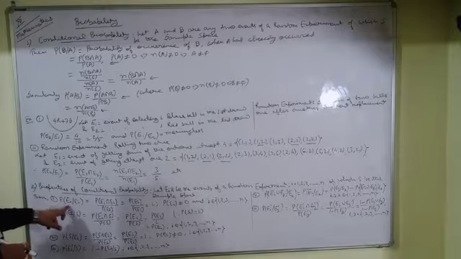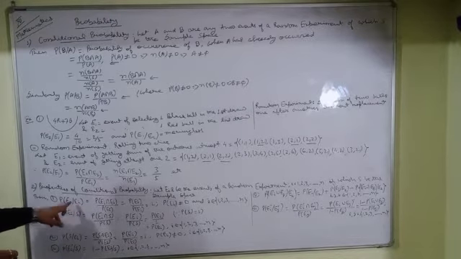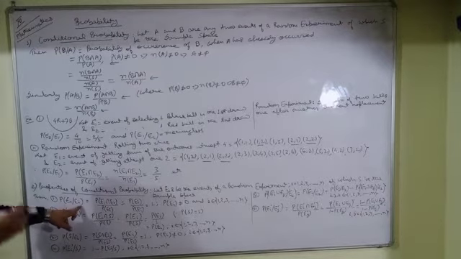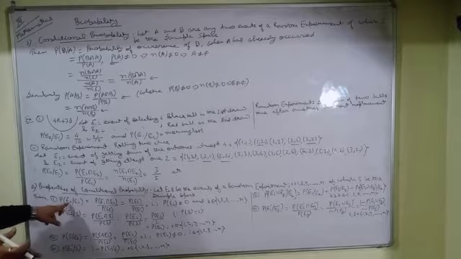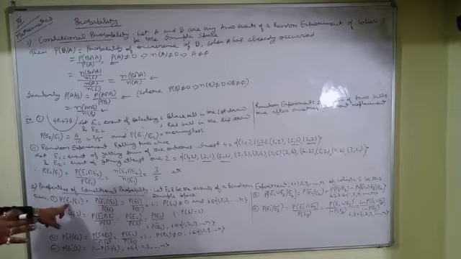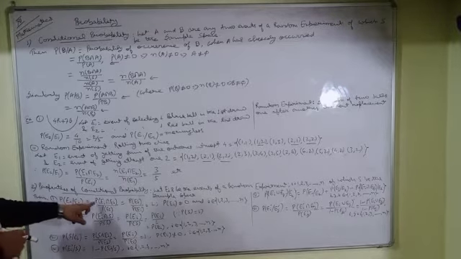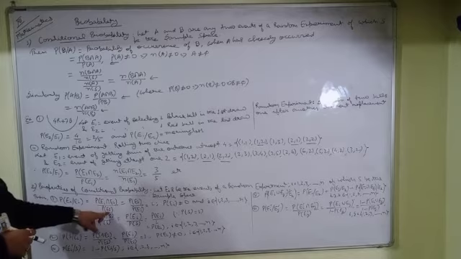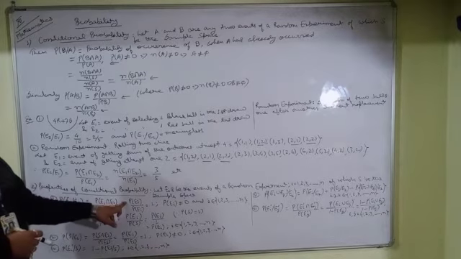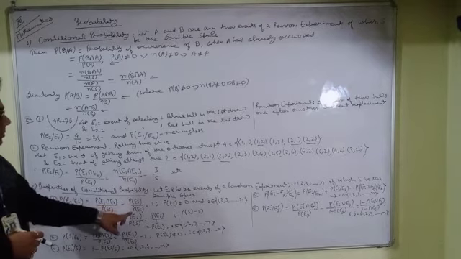Then the first property is the probability of Ei given Ei, meaning the probability of occurrence of the ith event when the ith event has already occurred. Here the ith event stands for any one of the n events like E1, E2, E3, up to En. So this is equal to the probability of Ei intersection Ei divided by the probability of Ei, and this will be equal to the probability of Ei divided by the probability of Ei.